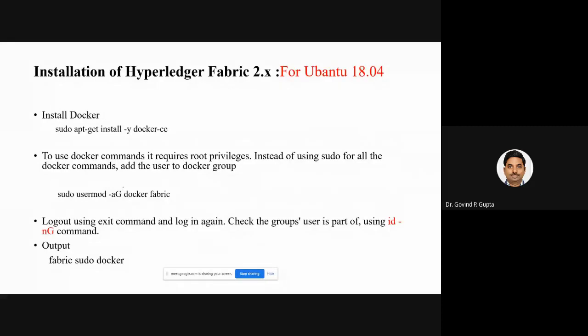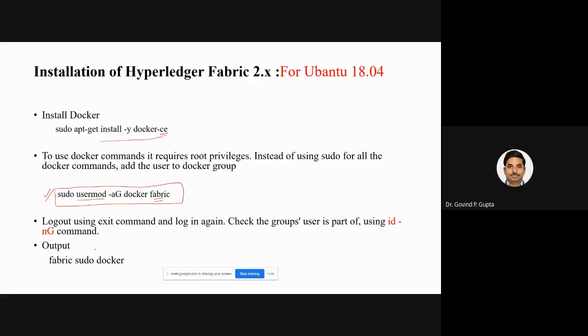Now, in order to install Docker Compose, you have to use this command. And now after downloading, Docker requires some special authorization in order to be used. So in order to provide some authorization to Docker for facilitating the execution environment for Fabric, you have to change the user mode. User mod is a shell command of Linux. So simply you use it here.